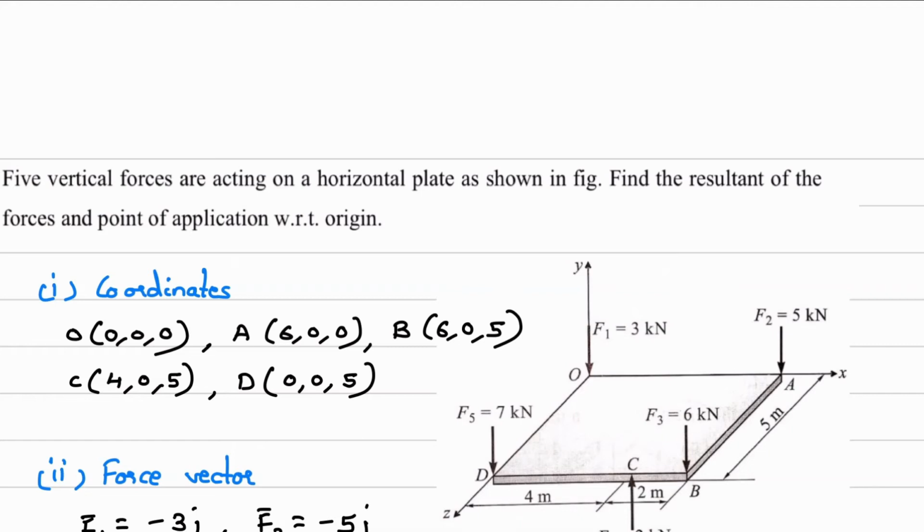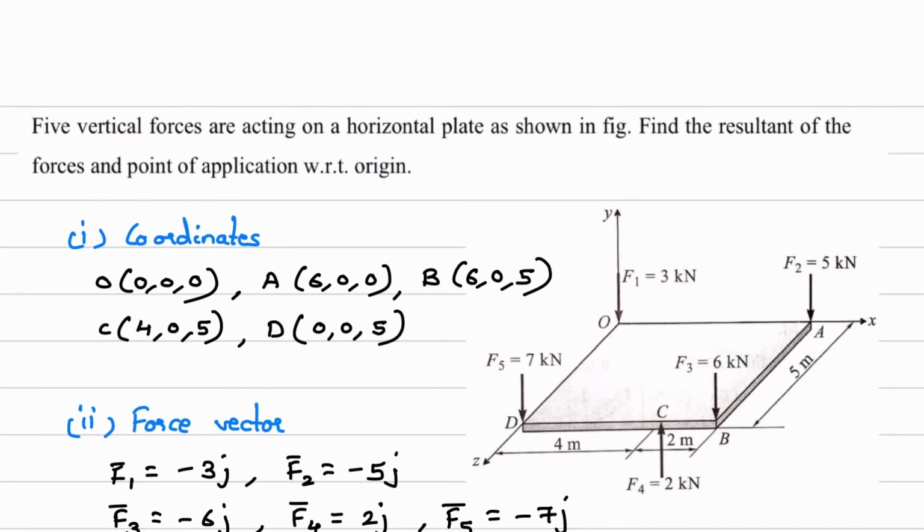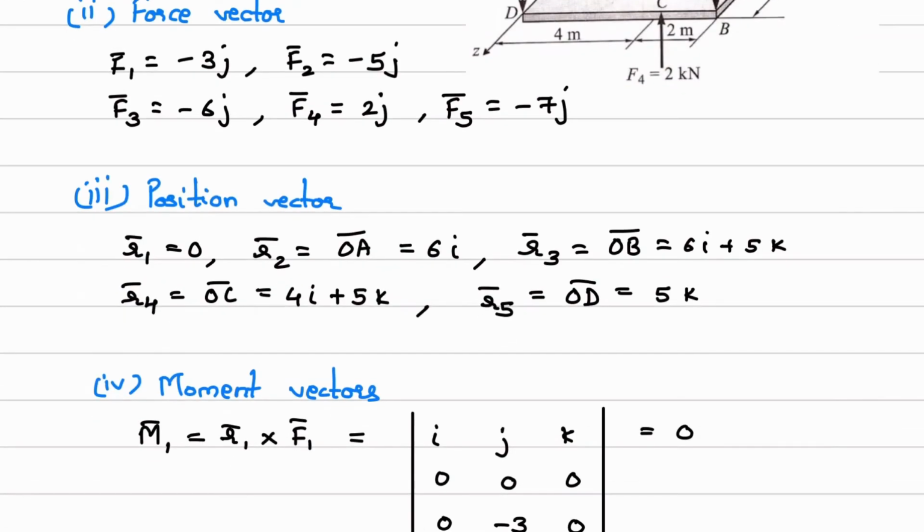We have to find resultant of forces. Forces we have already written as vectors, so we have to add all the vectors. Force vectors we add first, then we consider moment vectors, summation of moment about point O. We have to add all the moment vectors,